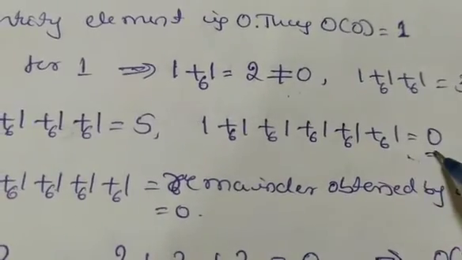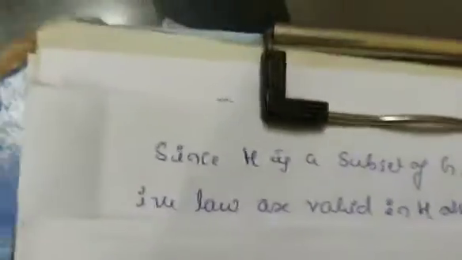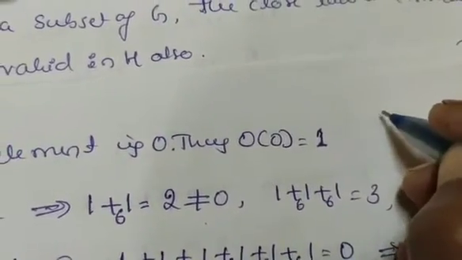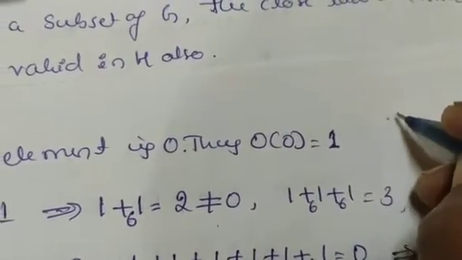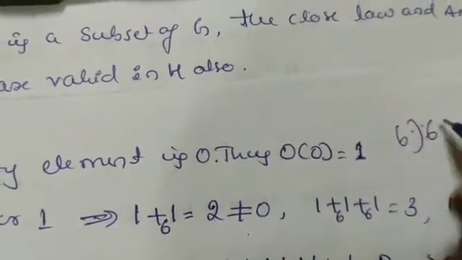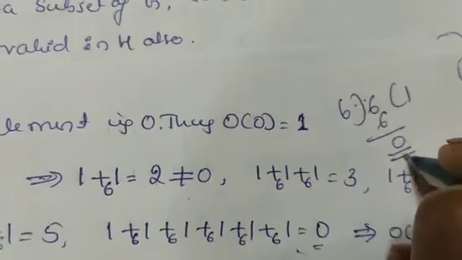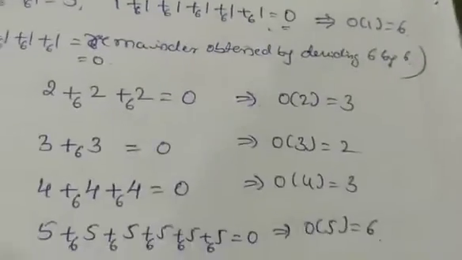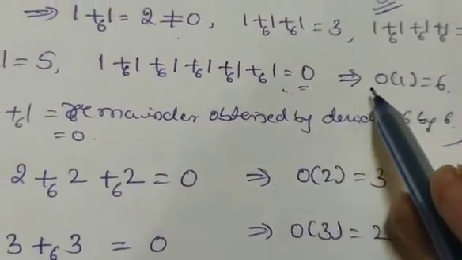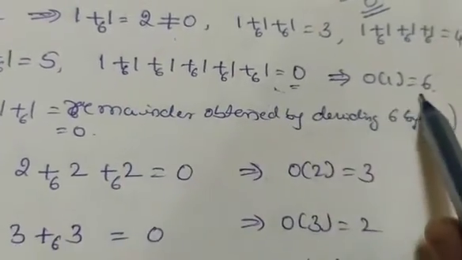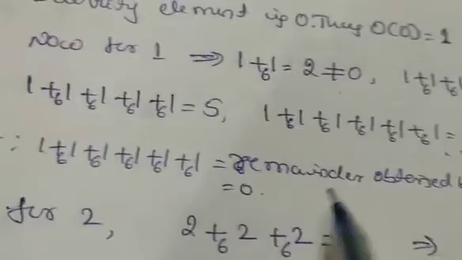The remainder is 0. That is here, 6 means, under addition modulo 6, 6 divided by 6. 6 ones are 6, remainder is 0. This you have to take here. The remainder here is 0, so this implies the order of 1. Order of 1, how many times have we added 1? 6 times. So therefore the order of 1 is 6.